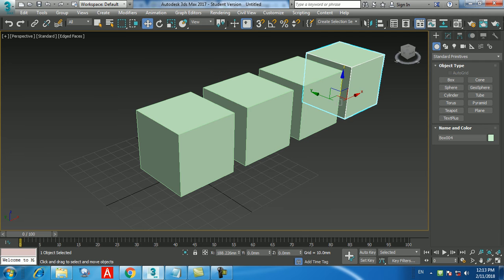Right, make it copy. Press F4. If you didn't press F4, press F4. Don't forget to put that. Okay, now